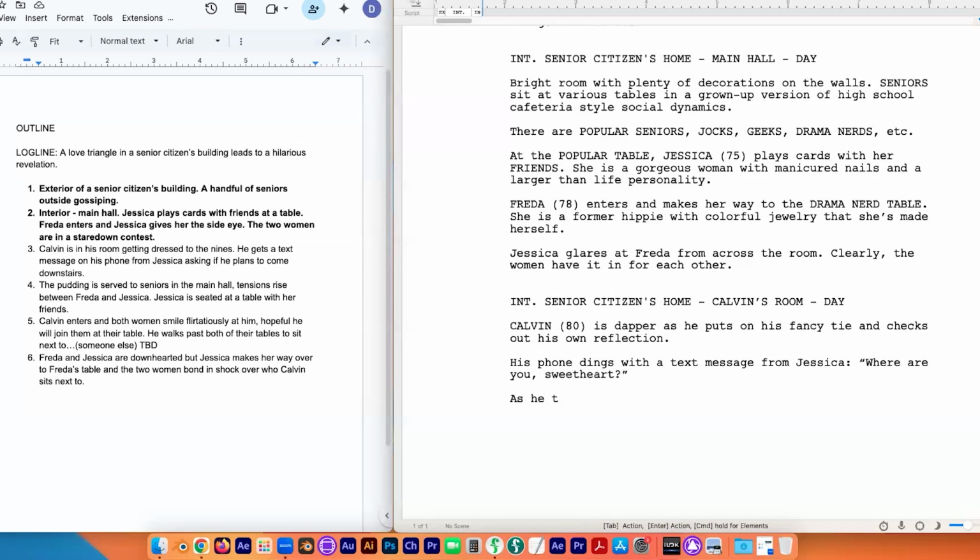As he types a reply, another text comes through. This is from Frida. Now, she's the artistic hippie type, so we have to come up with a different type of language, but maybe she's a little flirtatious in a different kind of way. Like